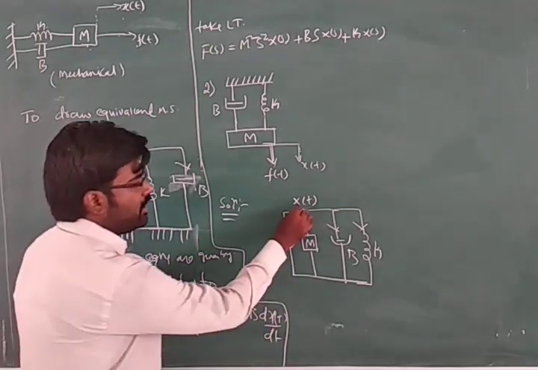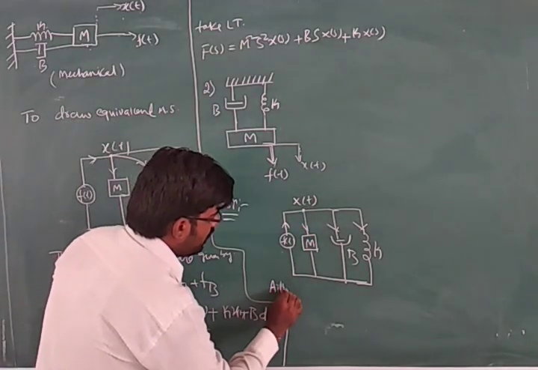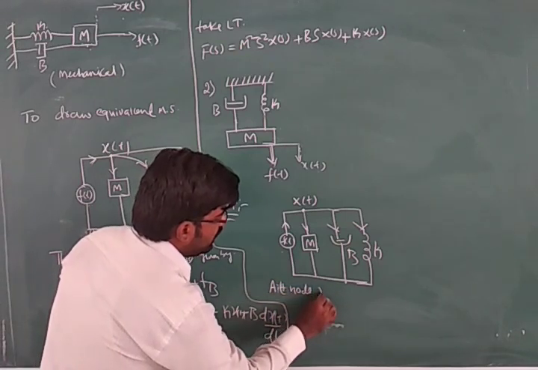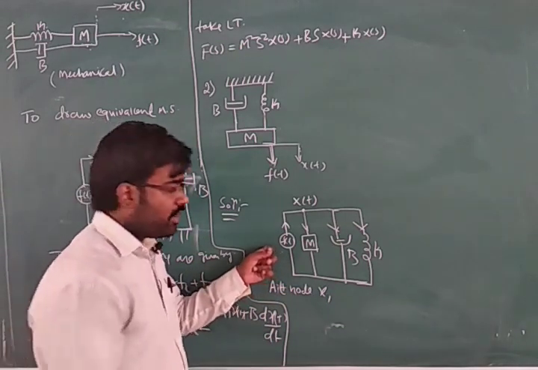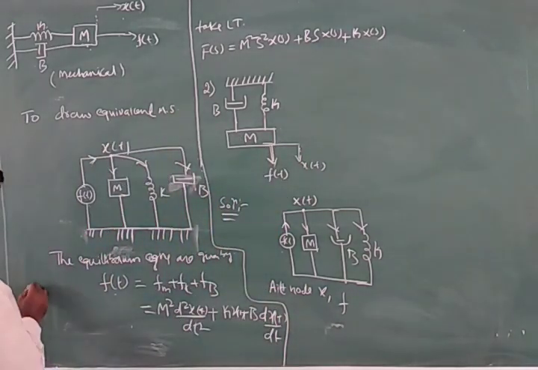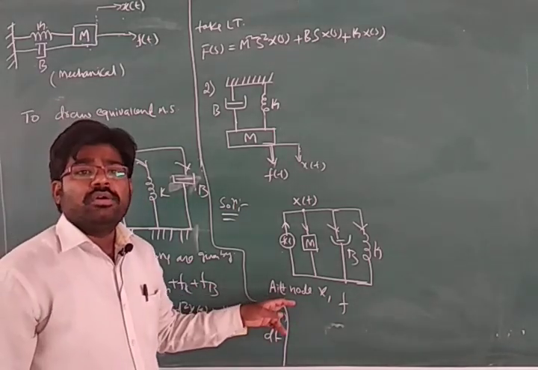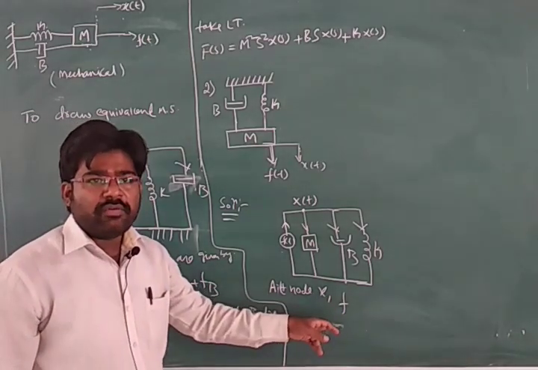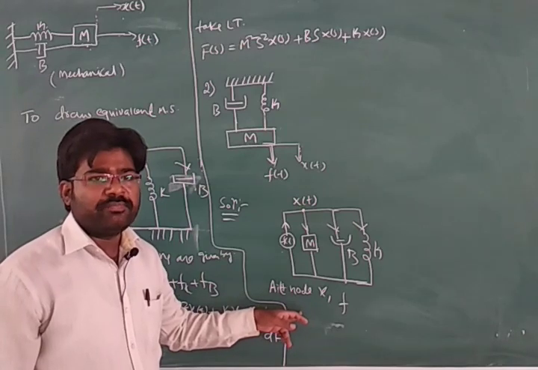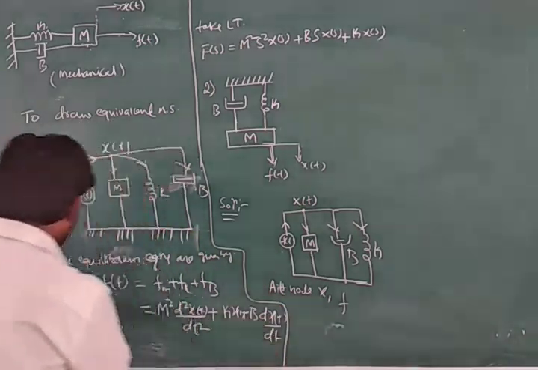One more method is there. We have to apply at node x, same. Here I have not written node. If there are a number of nodes, then we have to individually write the equilibrium equations for those nodes separately. Here only one node was there, that's why I did not write it. So here let us write at node x.